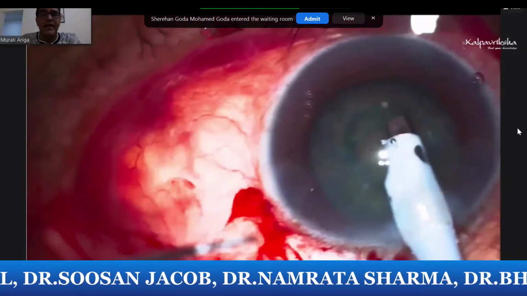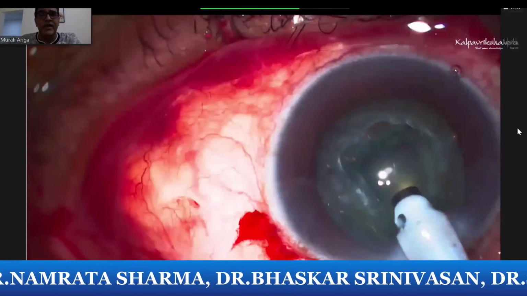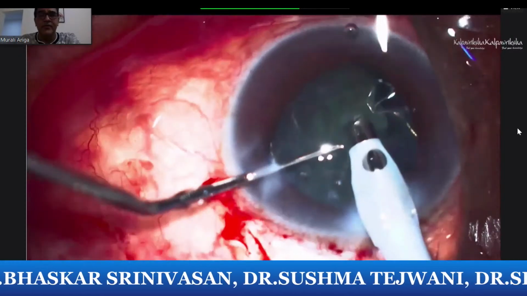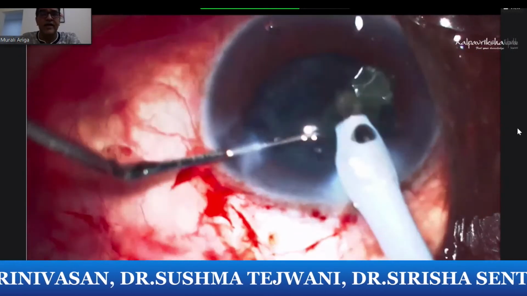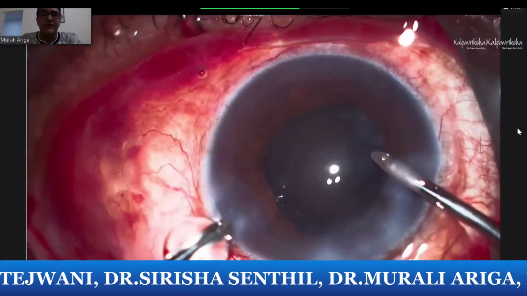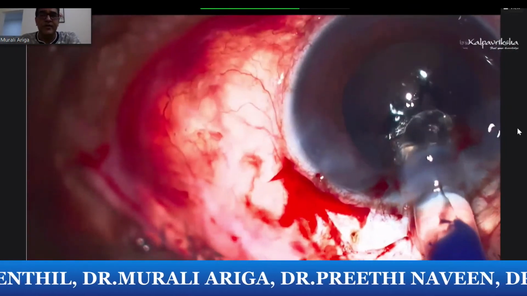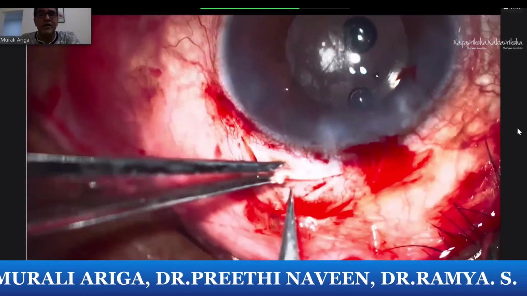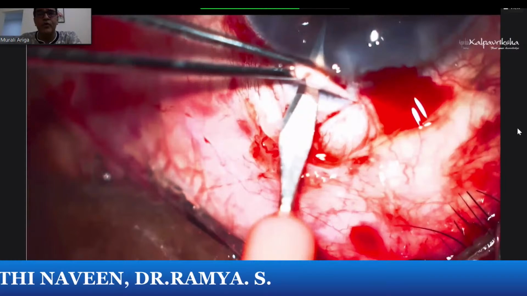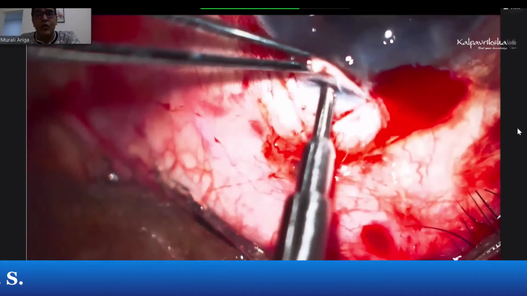Combining cataract and glaucoma surgery has the advantage of improving the vision as well as controlling intraocular pressure. But of course, the procedure in which trabeculectomy alone is done actually seems to work better when IOP is the main concern. So deciding which procedure to do first in a given patient depends on your judgment of how much cataract and how much glaucoma. In advanced glaucomas, you would prioritize the glaucoma. If the cataract is more, you would consider cataract as the main procedure. In mild glaucomas, cataract alone may actually help.